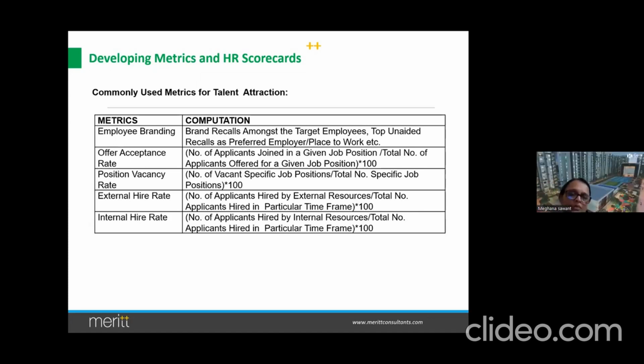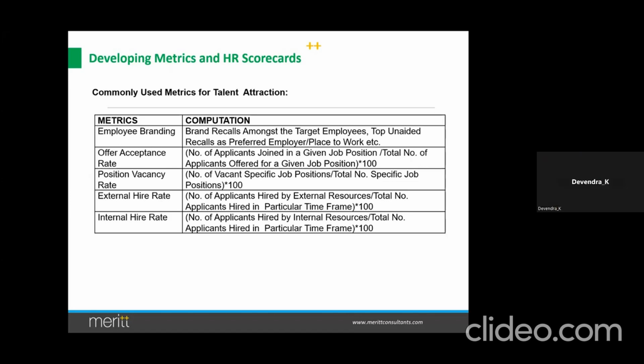You can look at another metric there. Instead of going outside, you are training your people, you are creating career paths, and giving them training as well. And then you are looking at succession plans. So instead of investing a certain portion over there, you are getting better people, and at a lesser cost. And better employer branding.